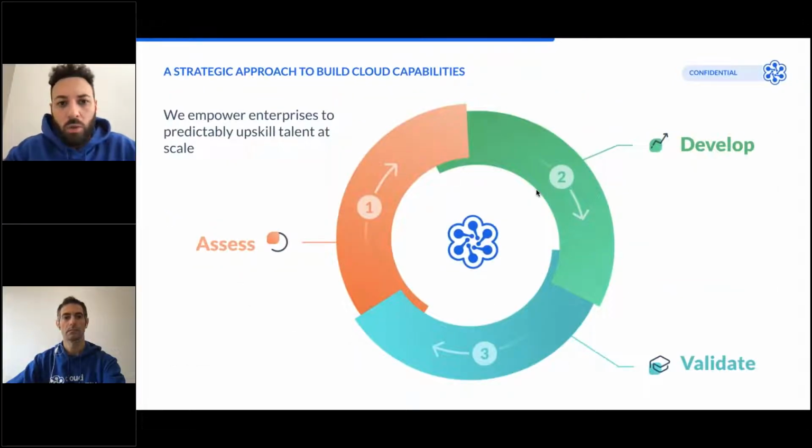But when we have the opportunity to show you the live demo, I want to give you more details for sure. Now I want to pass to Max, so he can speak about our approach of Cloud Academy.